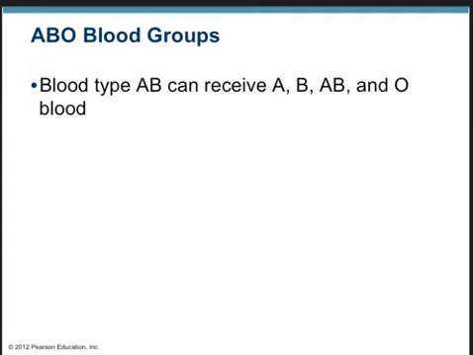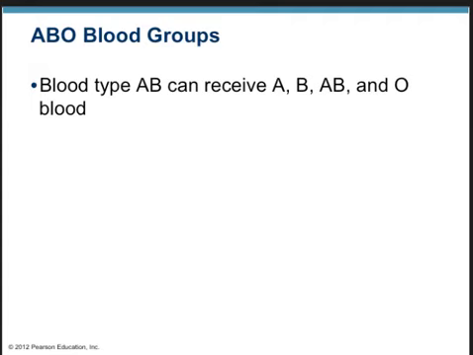If there is an antigen present on a pathogen or on a cell that is not recognized as belonging to your body's own tissue, the immune system will be alerted to its presence, and then we will select an army of lymphocytes specifically designed to go out and destroy anything with that antigen attached. So with regard to the ABO blood groups, you can think of these as a subset of these types of